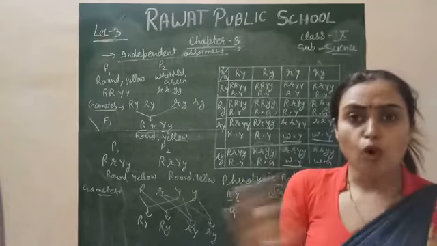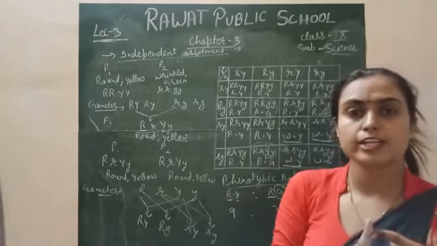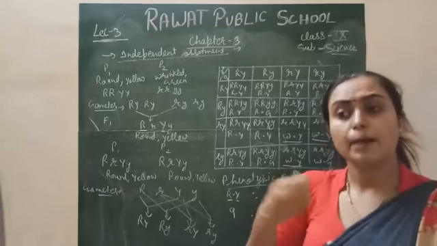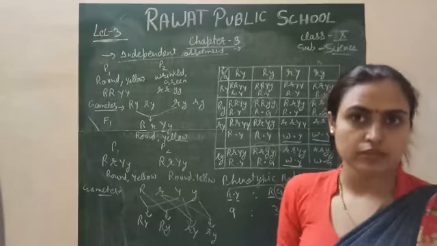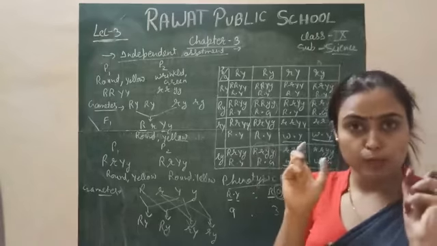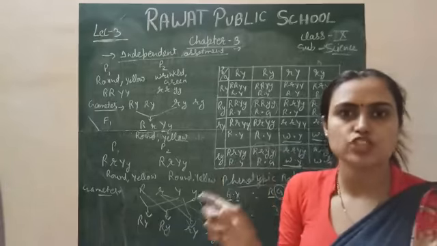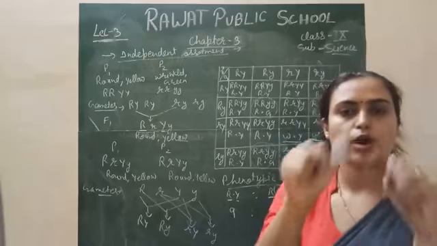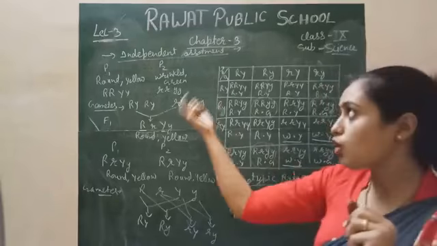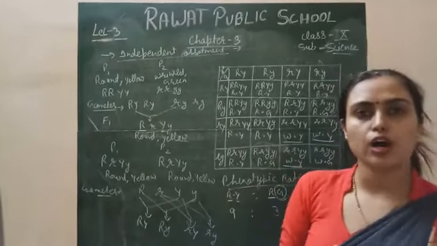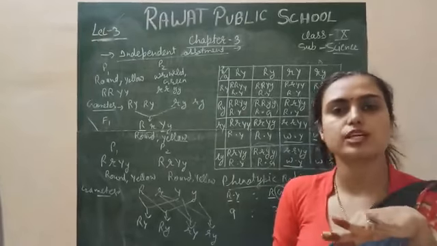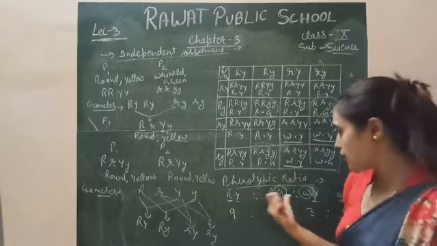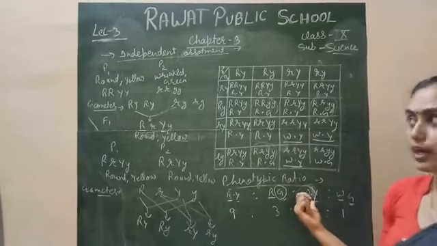So there is no possibility that if your hair color is dominant then your eye color will be dominant. It is possible that if your hair color is dominant, maybe your eye color will be recessive, because for both these traits we have separate genes and separate alleles, which can be expressed or transferred to your body separately. So according to independent assortment, a dominant character can express with a recessive, and a recessive character will also express with a dominant character.